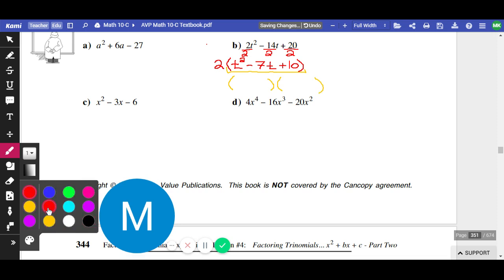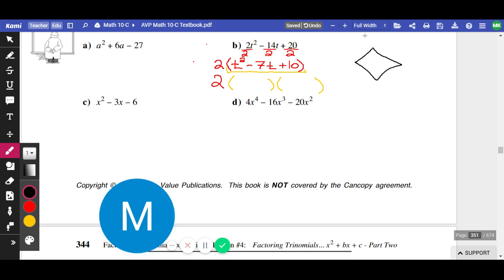The coefficient, or the greatest common factor that I took out, is still in front. It's only the part that was a remainder that I'm going to break apart further. The 2 stays a 2. Awesome. When we factor this thing,